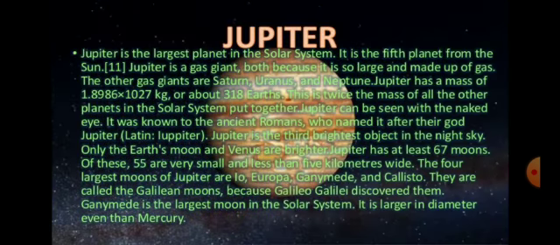Next planet is Jupiter. Now we are going to know about Jupiter. Jupiter is the fifth planet from the Sun. Jupiter is the biggest planet of the solar system, and it is almost twice as large as the rest of the planets put together. The mass of Jupiter is also more than the combined mass of the other planets. The diameter of Jupiter is 11 times the diameter of the Earth, and its mass is about 318 times that of the